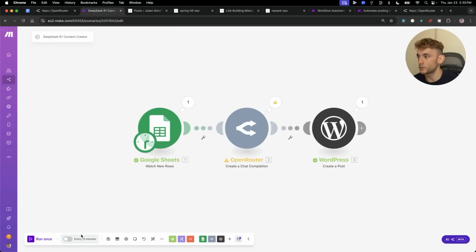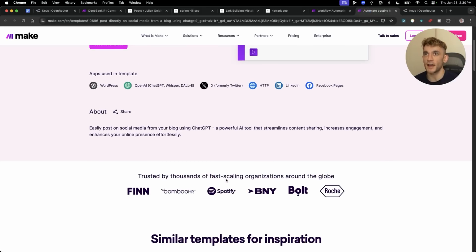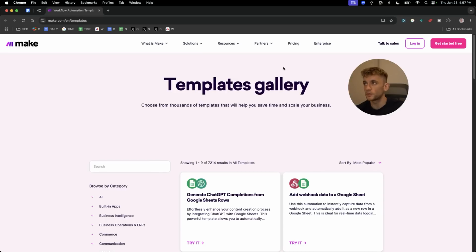You can also just automate this so it runs every 15 minutes, which means it's going to check your spreadsheet every 15 minutes for new updates. If it finds an update, the automation will run and go straight over to WordPress or whatever you've linked it to. So there's all sorts of things you can do with this. So many different things you can automate with it. It's absolutely amazing. So what you can also do here is if you go to the templates gallery inside make.com,